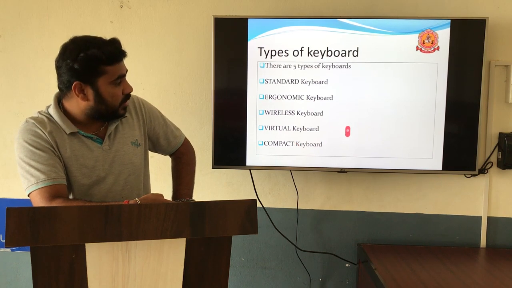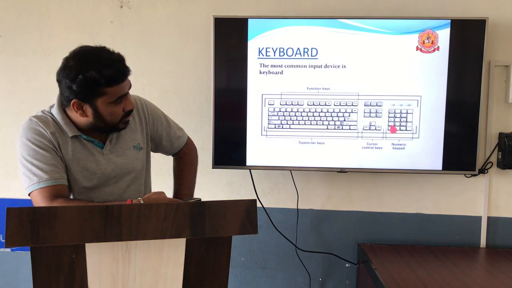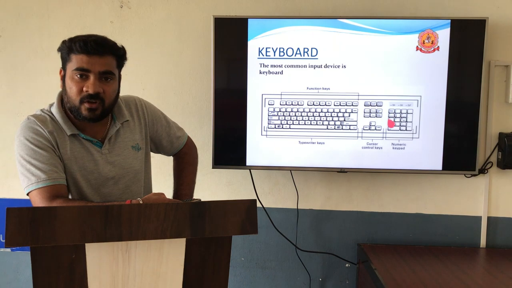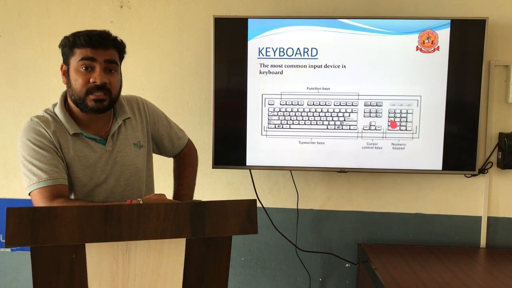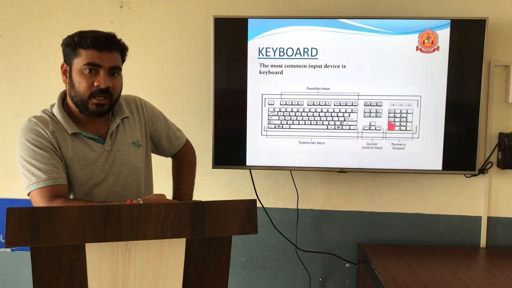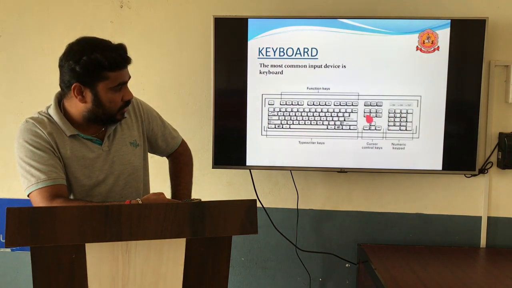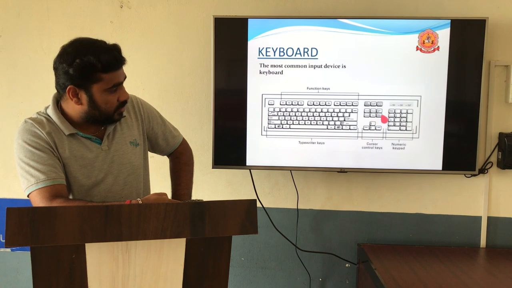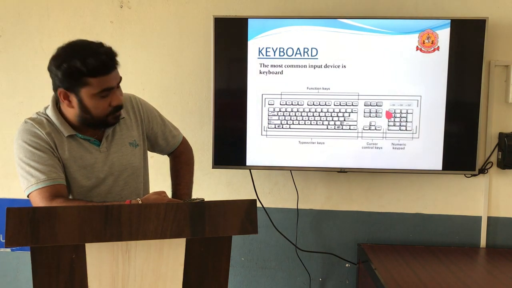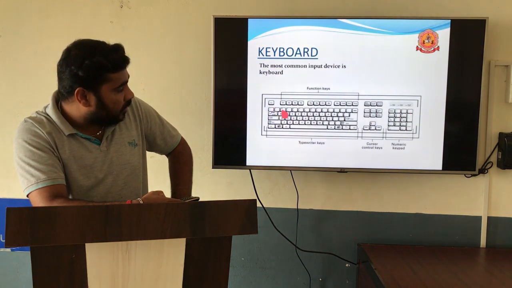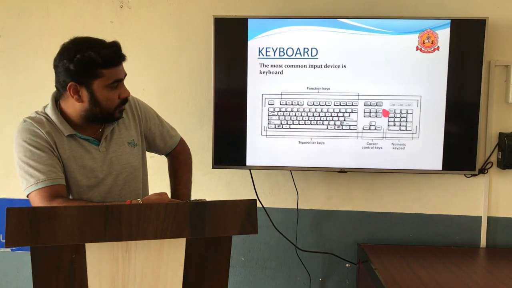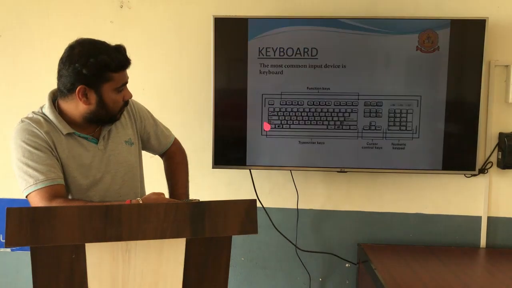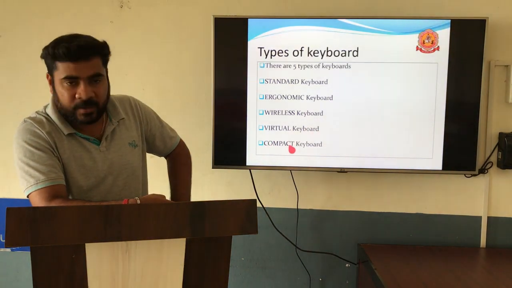It is the same as a standard keyboard, but the right-side numeric pad is not present, mainly to reduce the size of the laptop. Instead, you can type numbers using the typewriting keys. So this is one more type of keyboard, the compact keyboard.